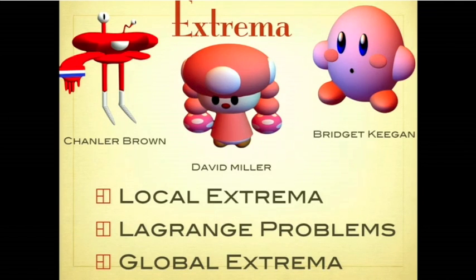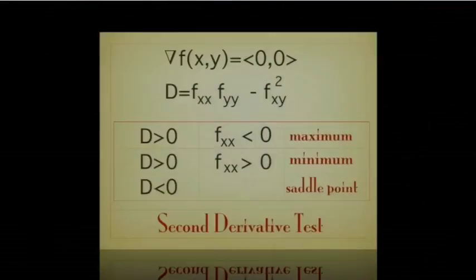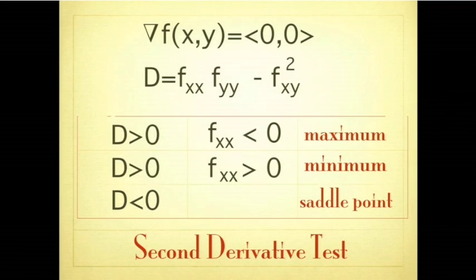And let's continue with local extrema and Lagrange problems. So you know the second derivative test generalizes the second derivative test in one dimension. You know that this D plays an important role here, which is the discriminant. And you also know that fxx is important. So these two numbers decide whether you have a maximum, minimum, or saddle point. If D is 0, then you just don't know. And so that's the second derivative test. I think you know that. Just don't forget. Make sure.